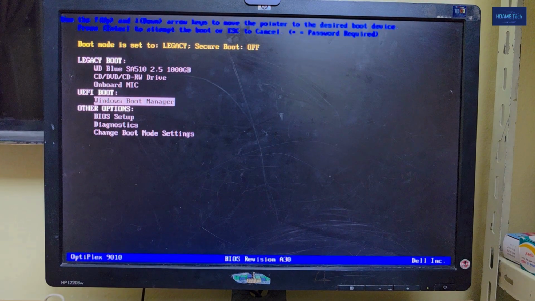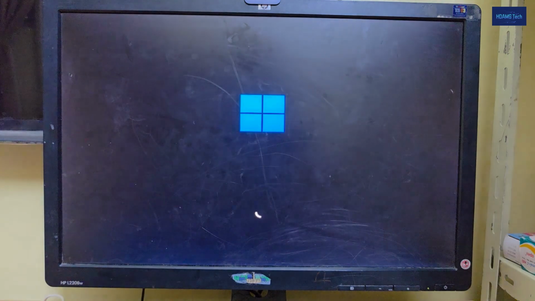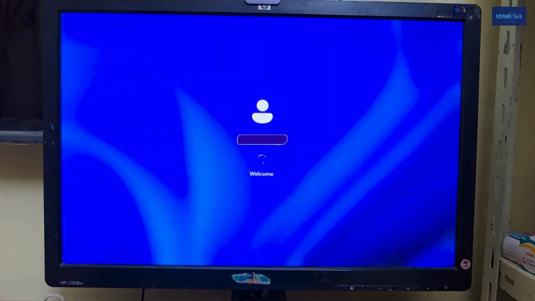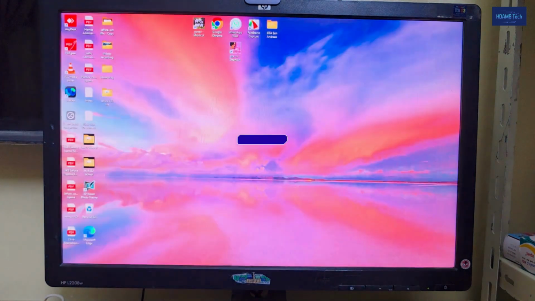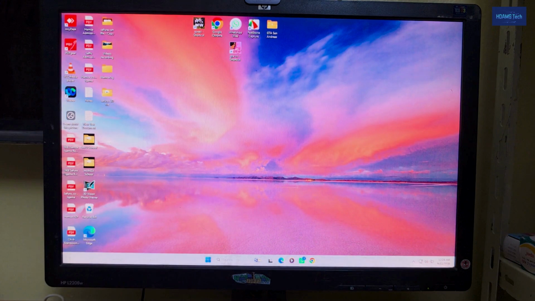So how we can do that now, I will show you. If you press enter, it will open directly. You can see the PC is open normally without any interruptions. So now what we will do, just restart